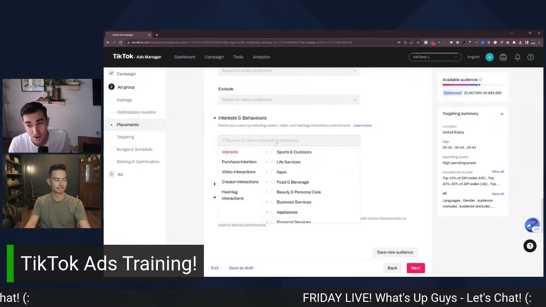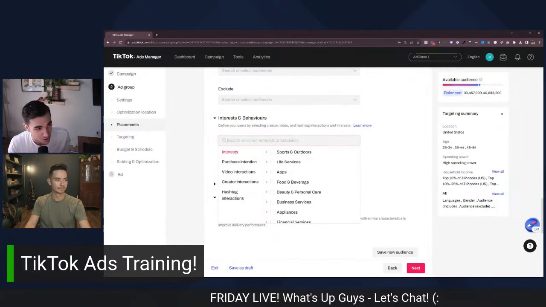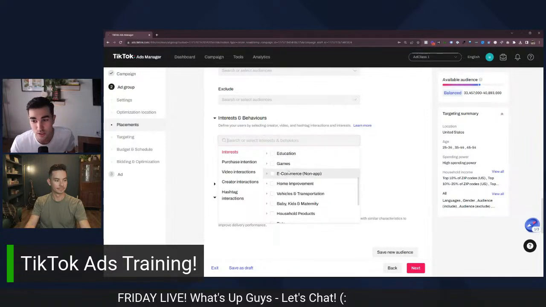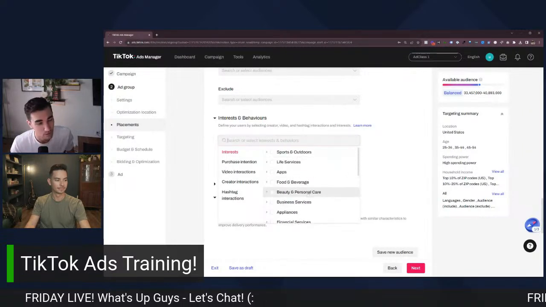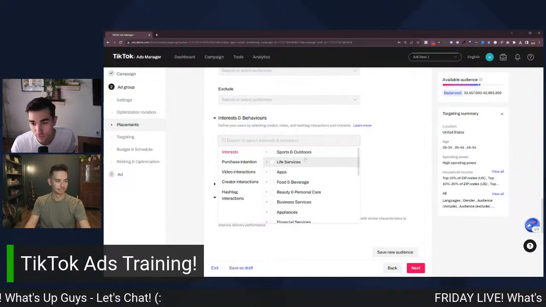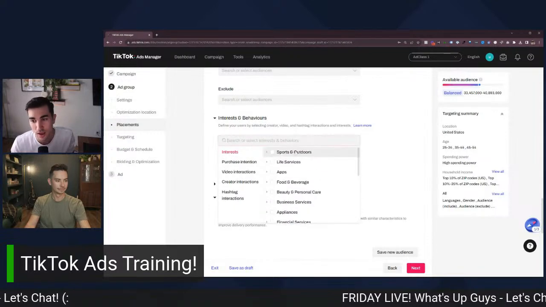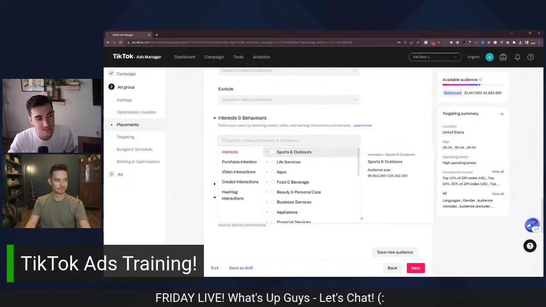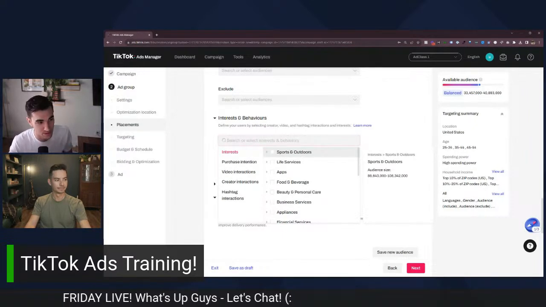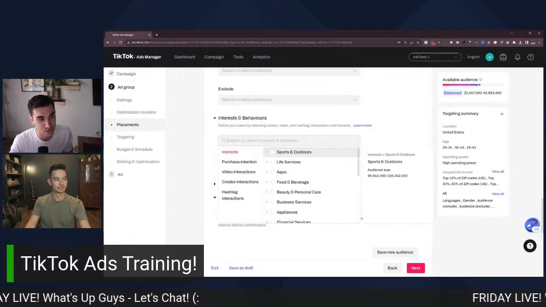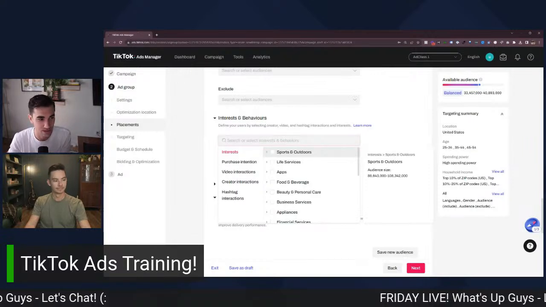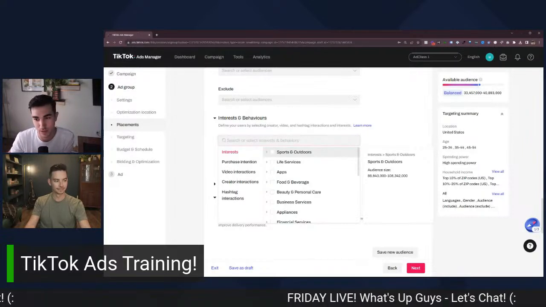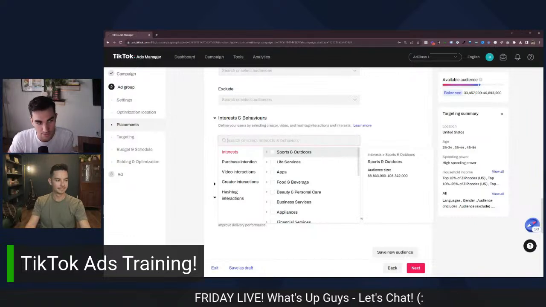So that being said, there's a lot we can do to target users in here, because you can start to see how TikTok categorizes people. All of these little categories in here have to do with what they watch and engage with on the platform. This makes TikTok a really good weapon compared to Facebook and Instagram, because there's such a diversity of topics here that people can interact with. It's really cool.